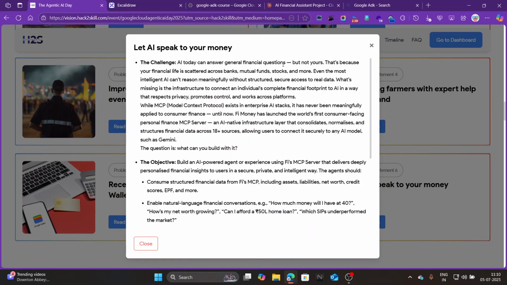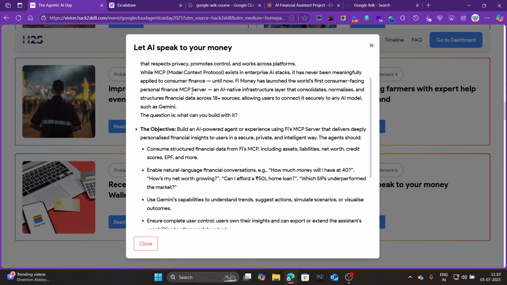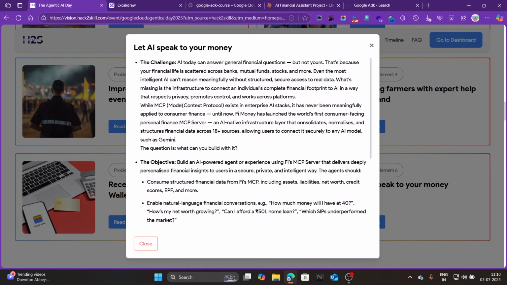Meaning if I ask a question today and receive money tomorrow, it will say okay, this month you received this much money, and we can draw some plan, plot it, do some reasoning and create a next-level decision. So if we want to create an AI agent application, there is one protocol, the MCP protocol. Using this we can create an enterprise-level application. So this is the challenge.